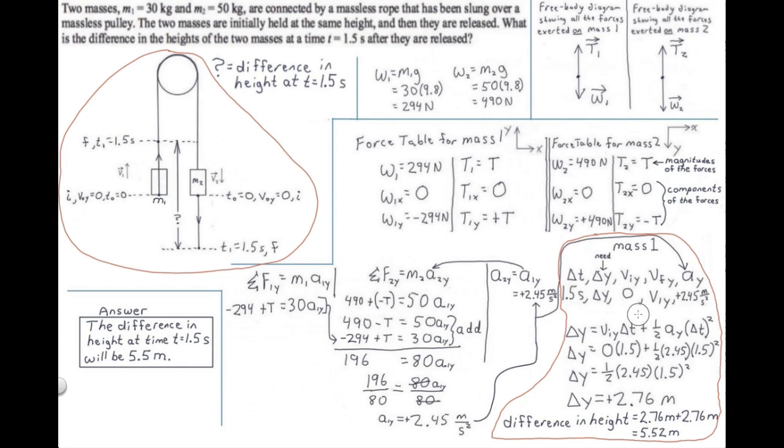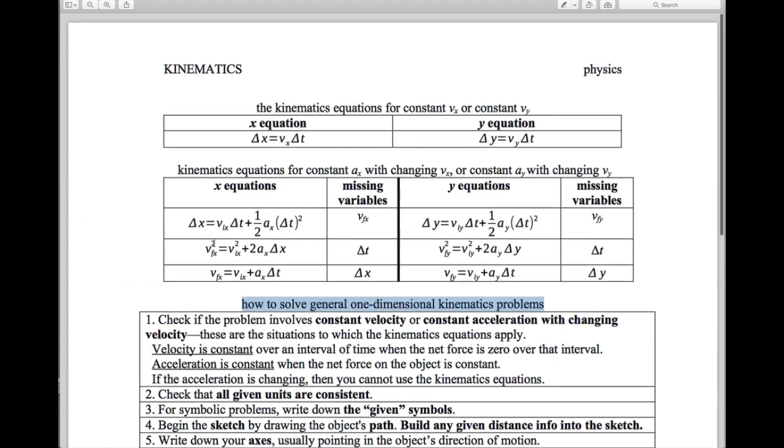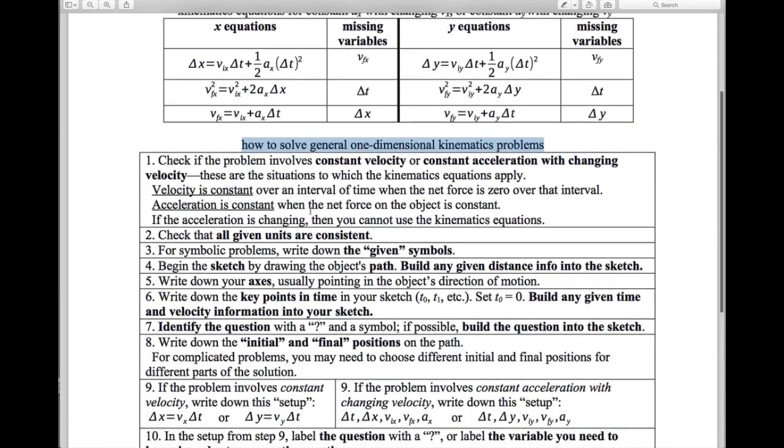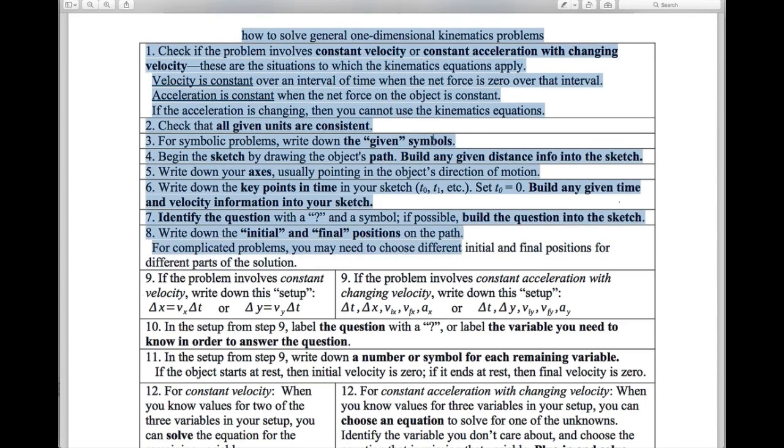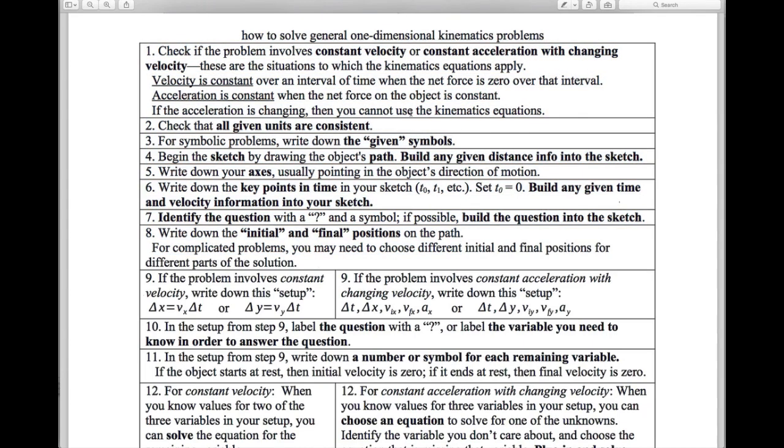And now let's discuss the kinematics process step by step. Here's a handout which contains a step-by-step method for applying general, one-dimensional kinematics. There's a link to this handout in the video description box. You should print out this handout so that you can follow along with the steps as we proceed through the video. If you thought that the kinematics portion of this problem was easy, then maybe you don't need to be this systematic. But if you thought that the kinematics for this problem was challenging, then I encourage you to follow